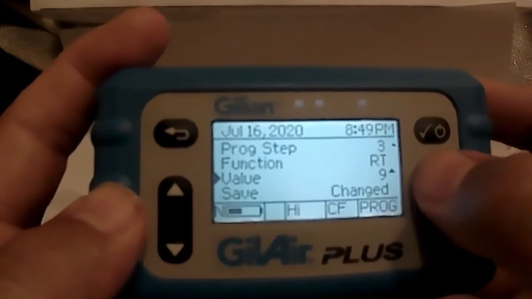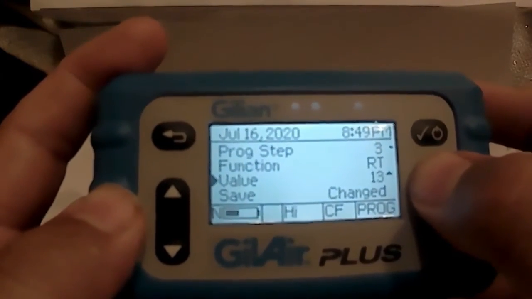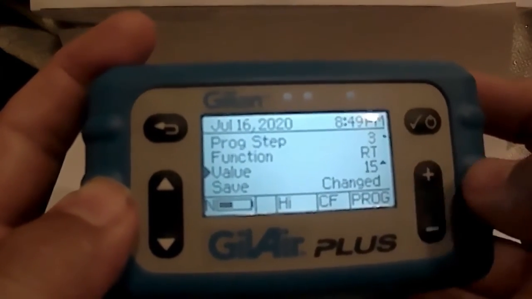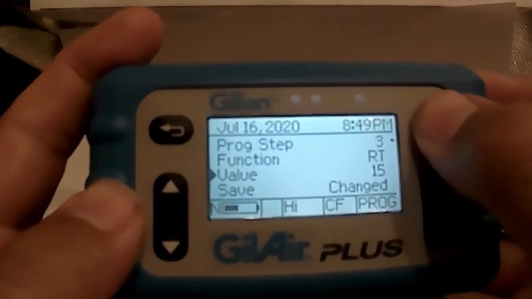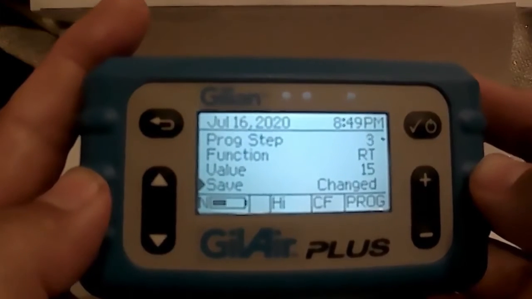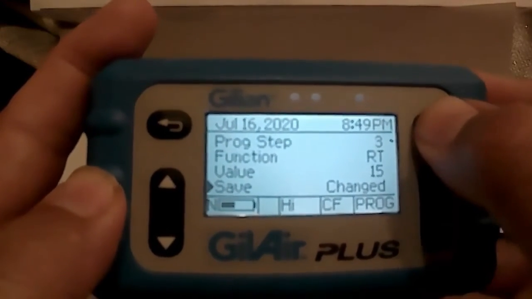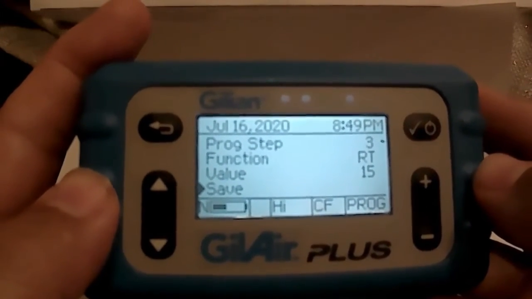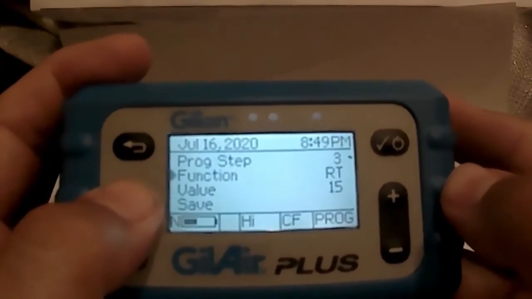Let's say for our purposes today, we want it to run for 15 minutes. We hit the plus key to 15 and then hit enter to save that time. And again, you'll arrow down to the save function and you will hit enter to save step 3. Lastly, you will go back up to program step,